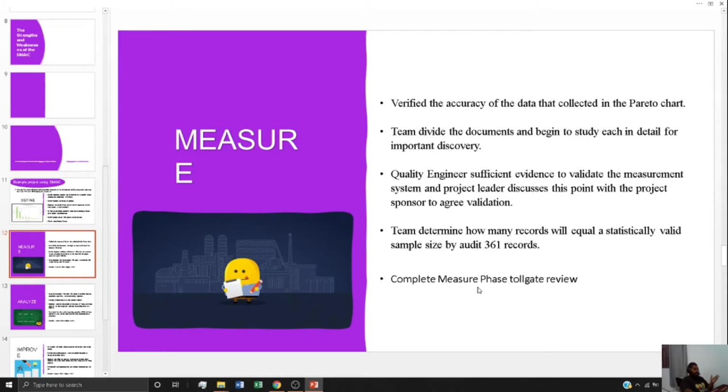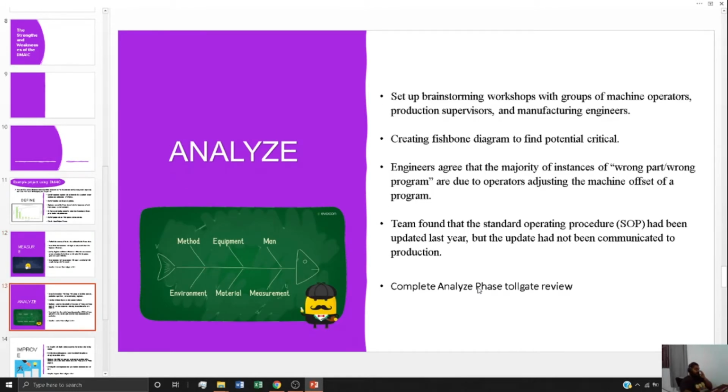With this, the measure phase review is complete. Next will be the analyze phase. In this phase, the team needs to know the sources of variation in the process that lead to